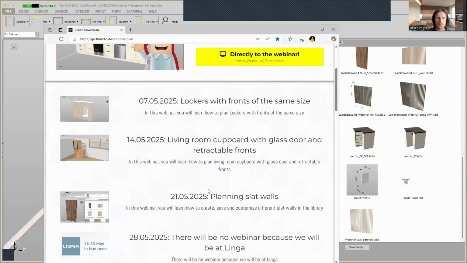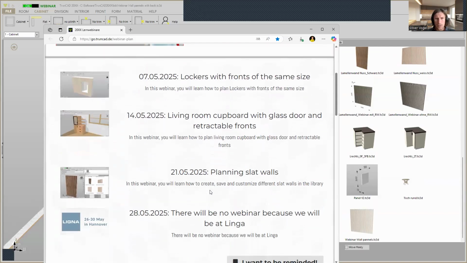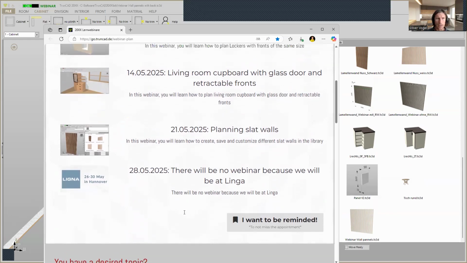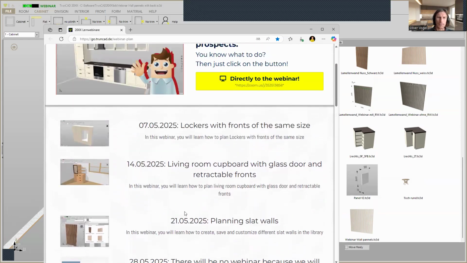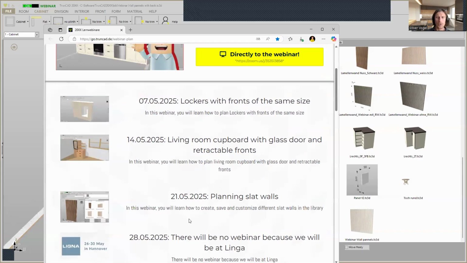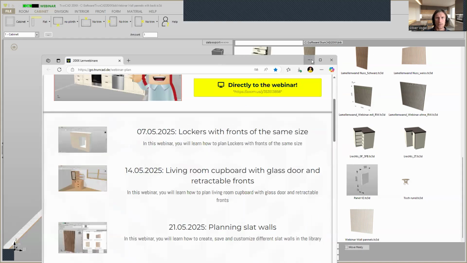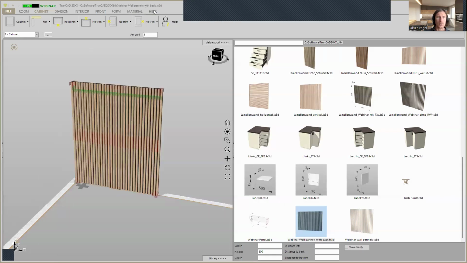You see, next week we will be at the Ligna in Hanover, and the webinar plan for June will be updated in here. And you see these webinars you find, I minimize this. If you click here on help and you click here on free tutorial,